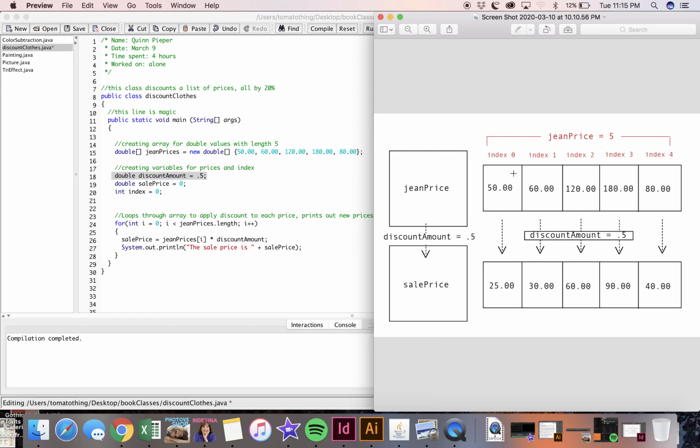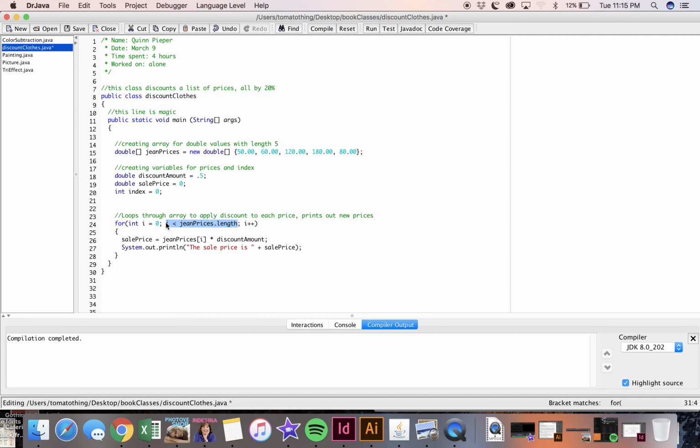So we initialize our loop by writing i equals 0. We write down that the loop will run as long as i is less than genePrices.length, and then increment it. The last thing we do is print the result, salePrice, which we're storing in a different place than the original genePrices. So I'm going to go ahead and run it,